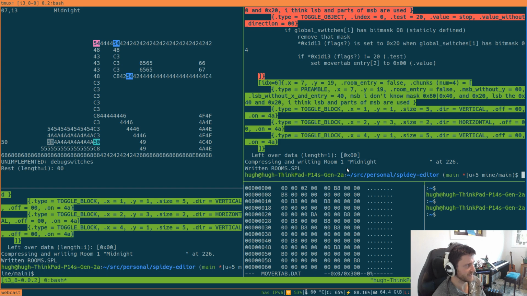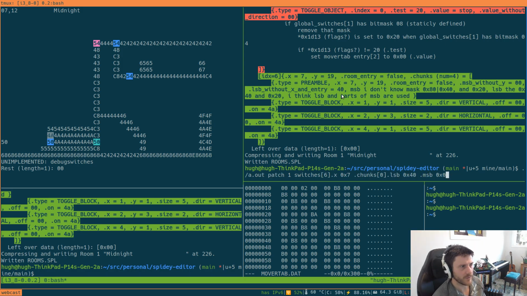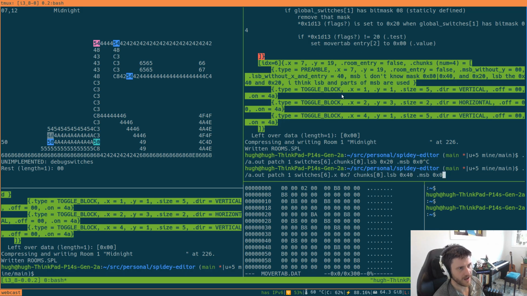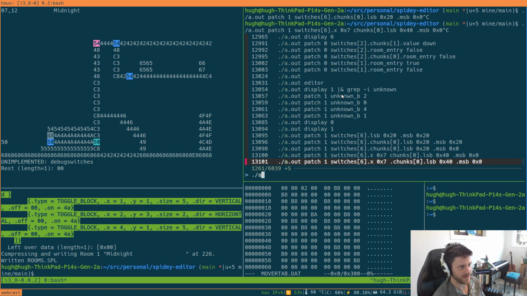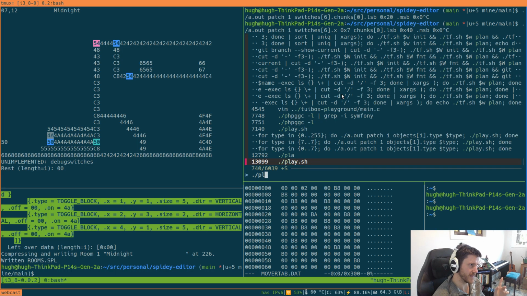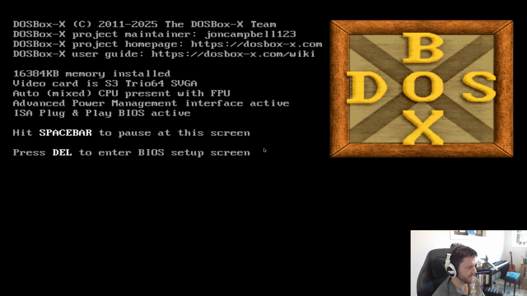And so what that's done is moved the switch over to that side. With the LSB 40, I should note that down, that was whether it was accessible from the side. And I think, well, in fact, I set it from 2240. I wonder whether that means it's accessible from the other side. In fact,